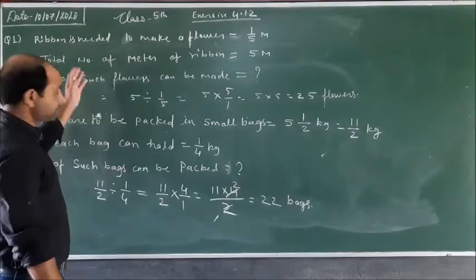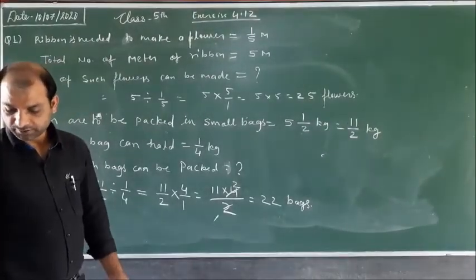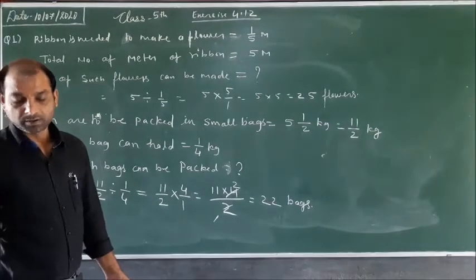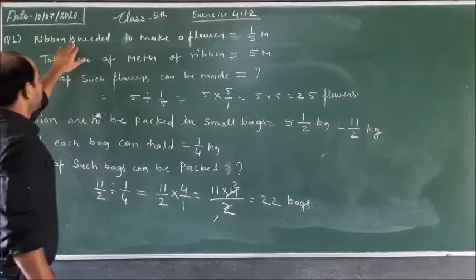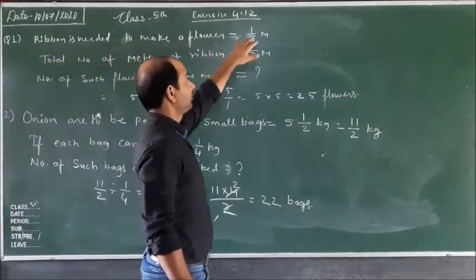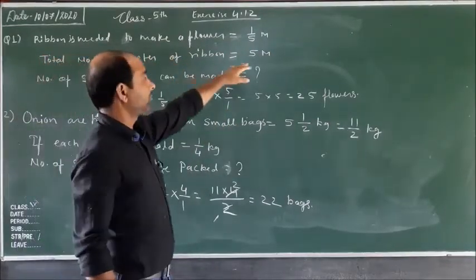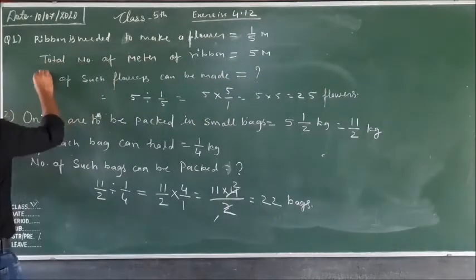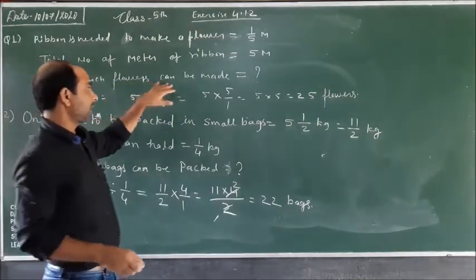The first question is: 1/5 meter of ribbon is needed to make a flower. How many such flowers can Shruti make from a 5-meter ribbon? So, ribbon needed to make a flower equals 1/5 meter. Total ribbon equals 5 meters. So, the number of such flowers that can be made